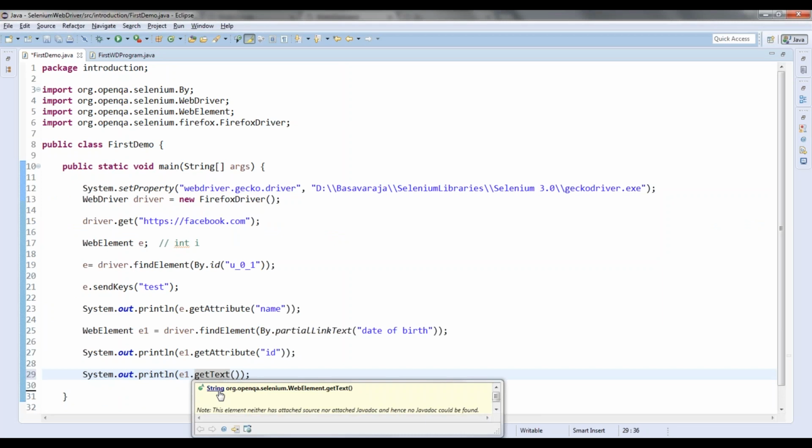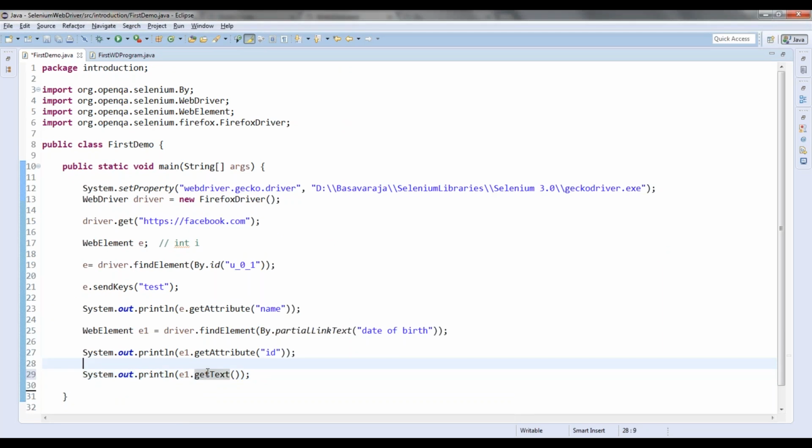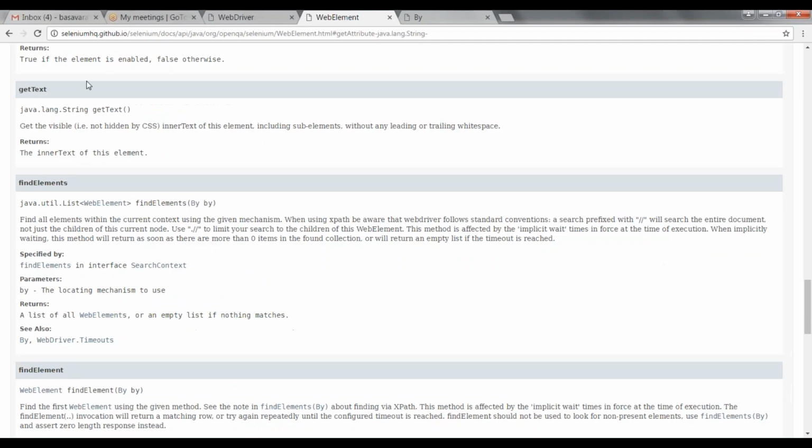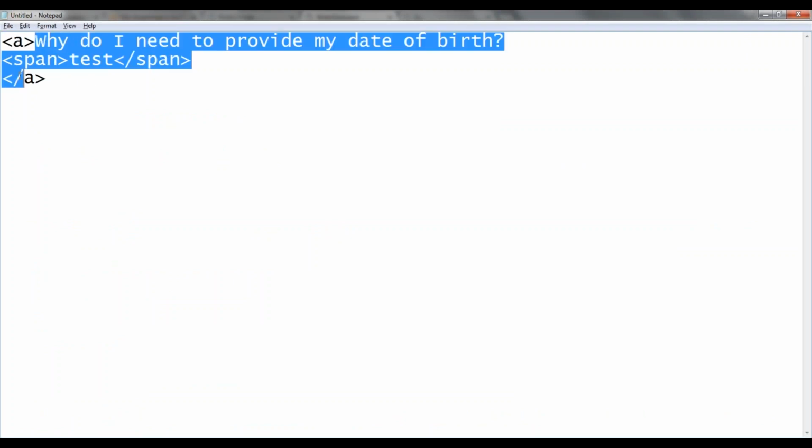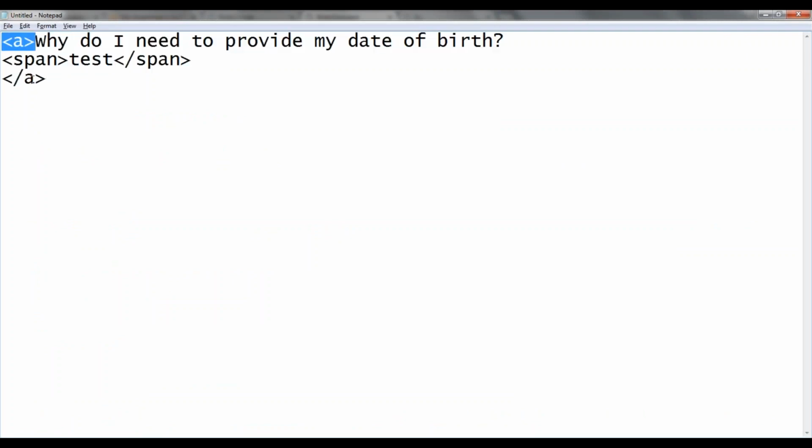If you hover on that, it will show me a string. So this is the return type. Since this is returning a string, what is that string? That is the inner text between the opening and closing of the web element. You are getting my point here?